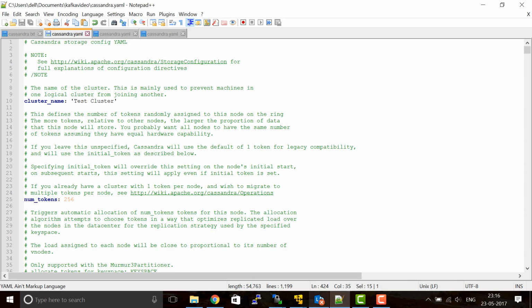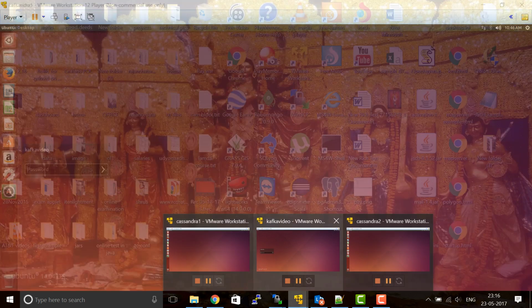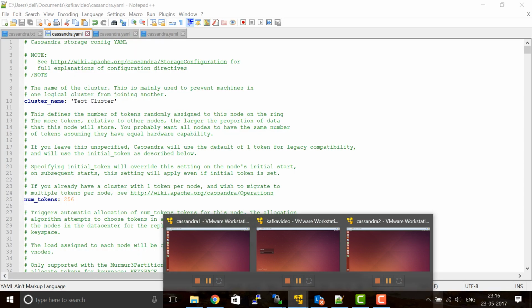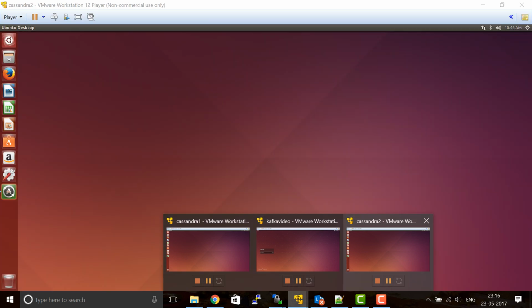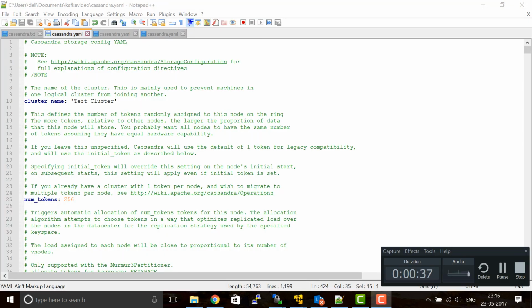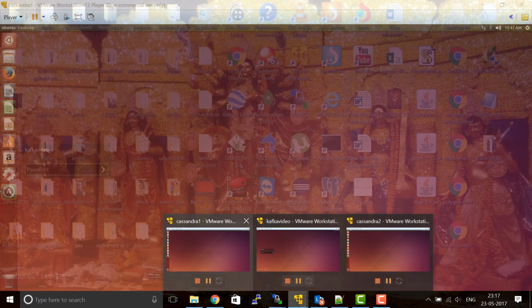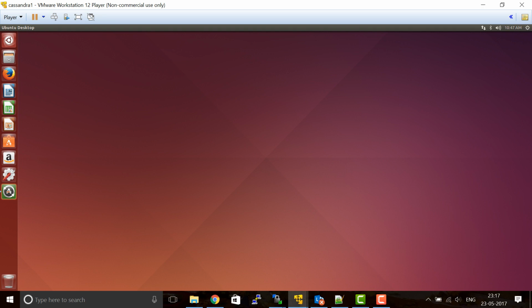Currently I am having 3 virtual machines, and all these 3 virtual machines will have corresponding nodes: node 1, node 2, node 3. I would be maintaining 2 seed nodes. Now I would be telling you the step by step